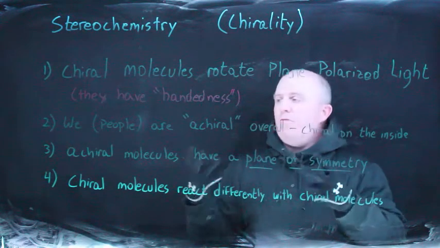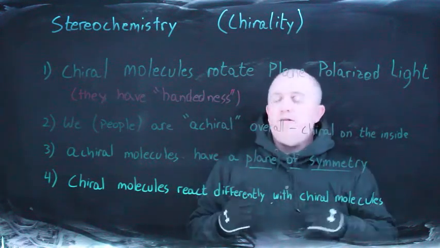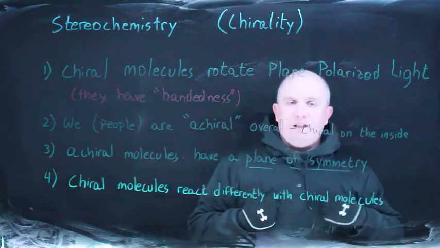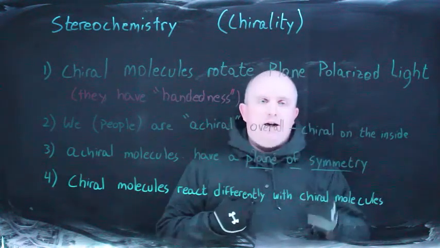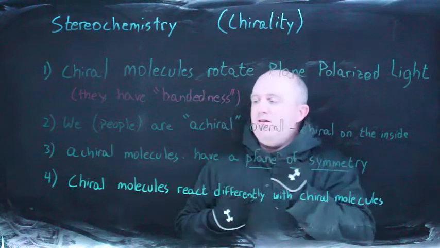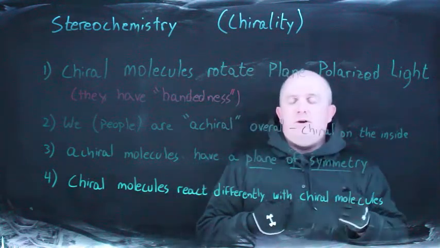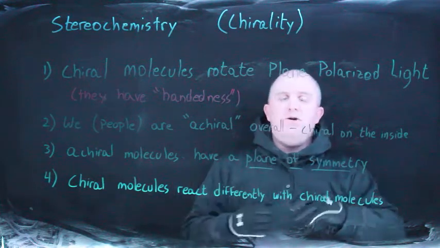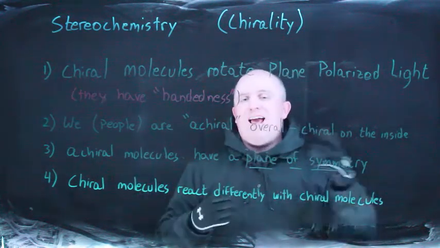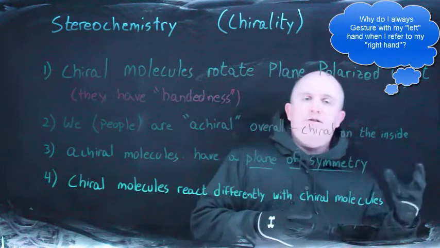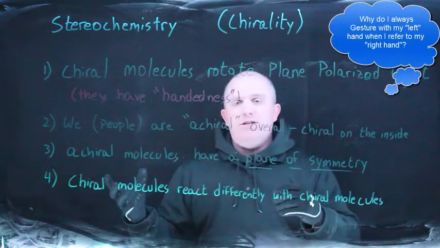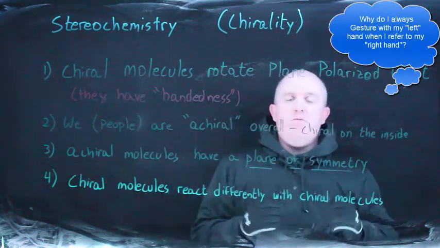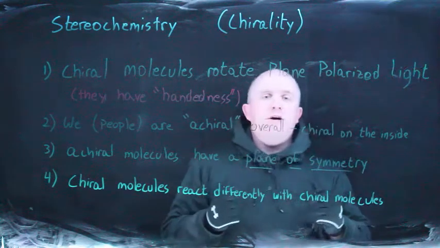But the reason why we care about this is because on the inside, on the molecular level, we are chiral. Our proteins are chiral, the kind of food that we eat is chiral, and so on and so forth. Drugs are usually administered as one enantiomer or the other, one handedness or the other. The right-handed version is effective. The left-handed version does nothing or is in fact dangerous. That's how most drugs are. But food is that way as well.